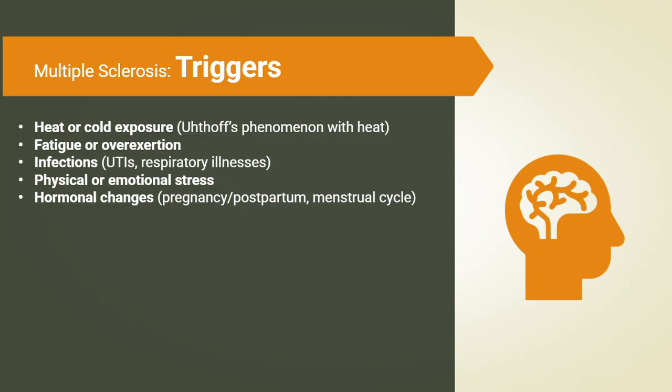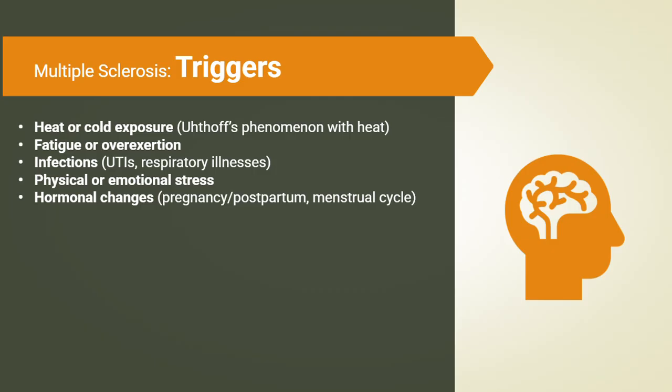When caring for patients with multiple sclerosis, an important part of nursing education and patient support is understanding what can trigger a relapse or worsen symptoms. Multiple sclerosis symptoms can fluctuate, and patients may experience periods of remission followed by flare-ups, also called exacerbations. These exacerbations occur when inflammation increases in the central nervous system, causing new symptoms or worsening existing ones. Recognizing common triggers allows nurses to help patients minimize their risk and maintain better symptom control.